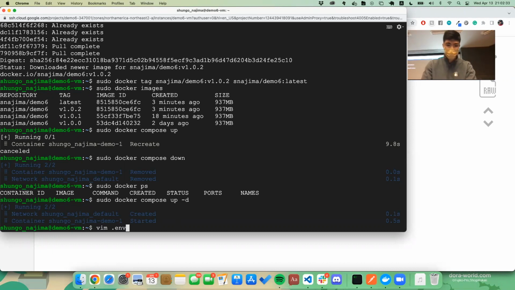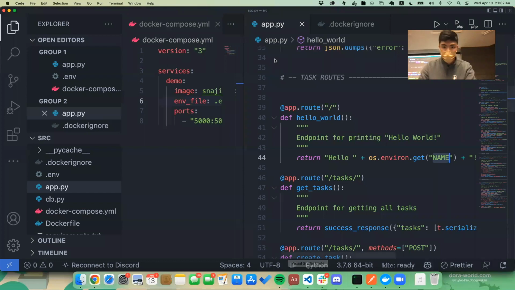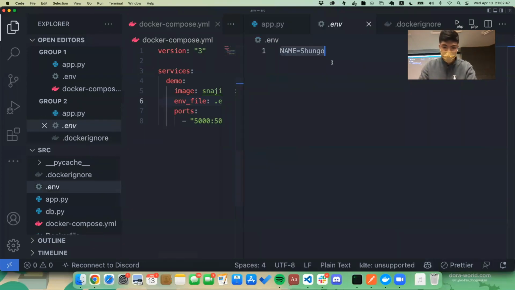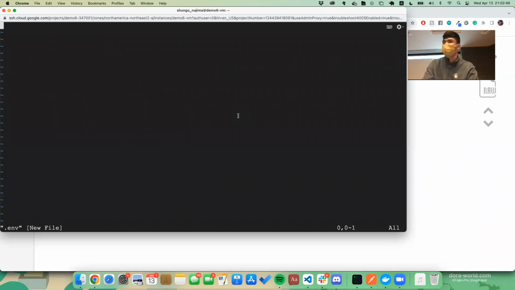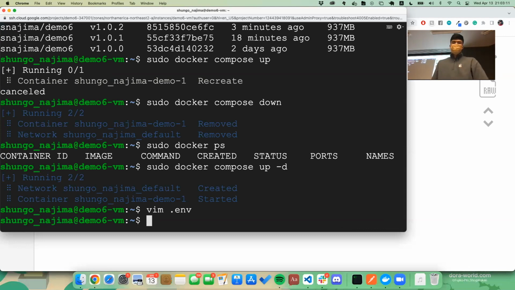So let's vim .env, right? Vim creates a new file if that file name doesn't exist. If it does, it'll just allow you to update the existing file. And let's basically copy the contents of .env here into Vim. I hit I to insert, right? It'll show me that I'm in insert mode on the bottom left, and I can just paste it. And the way I save and exit out of this file is by doing :wq. Also, sorry that name thing is a bit hard to see, but it's the same thing as what's in my .env file locally. So we've saved that, and we can do